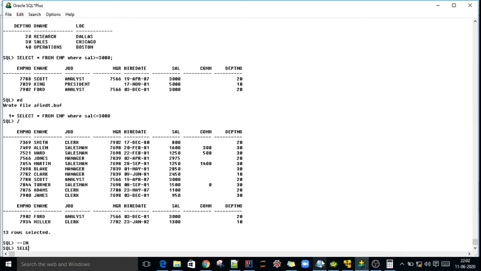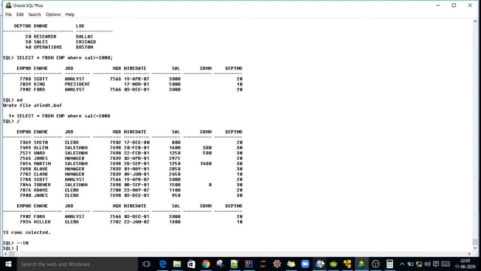We'll take one example. I want to fetch the employee information from the employee table where department number equal to 10 and 20. In such a scenario, what you will do is